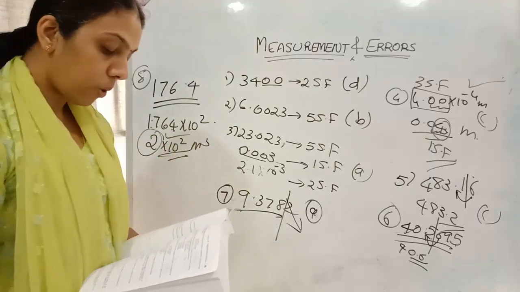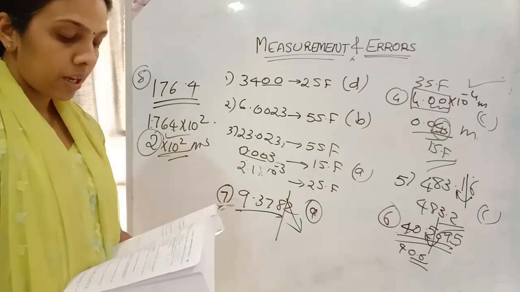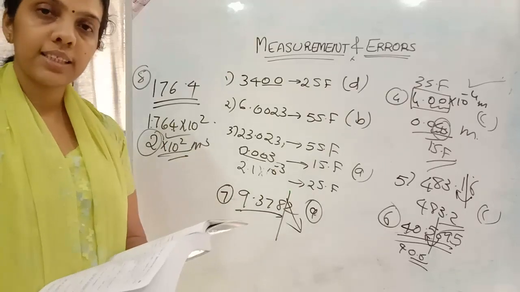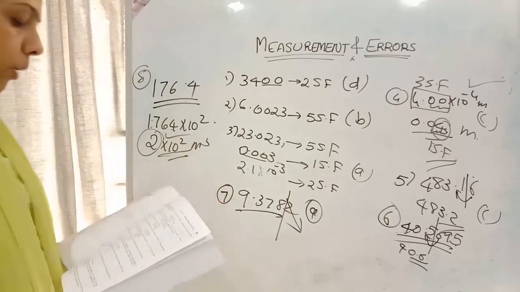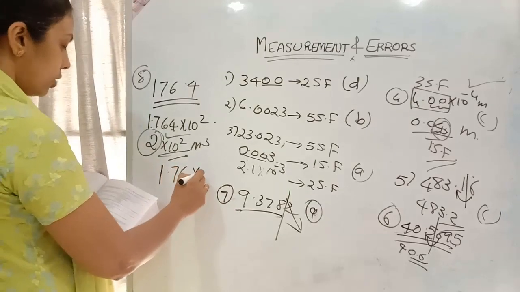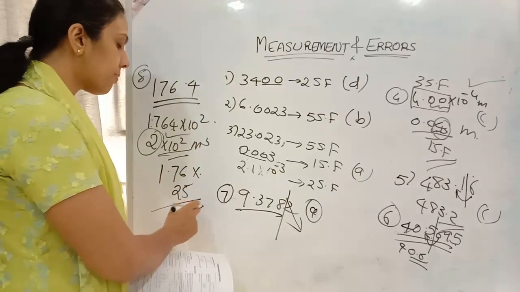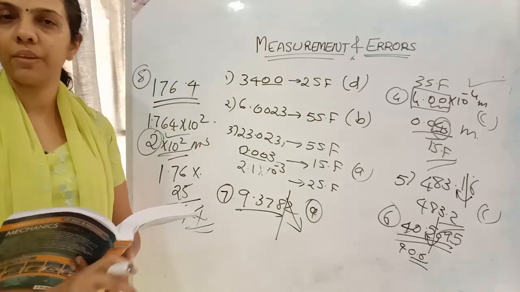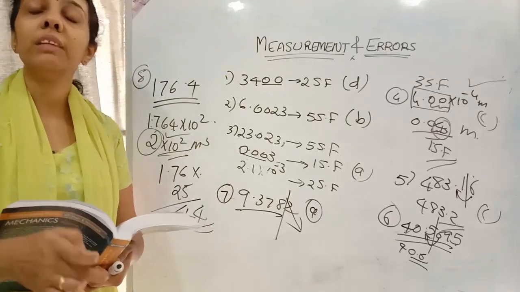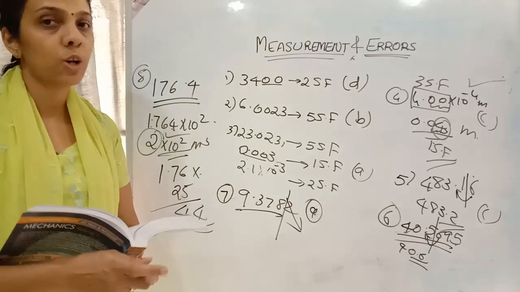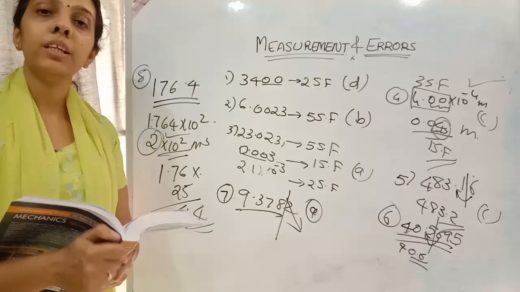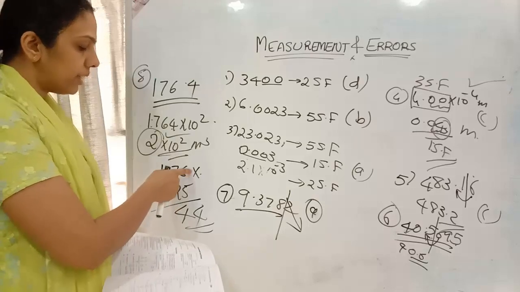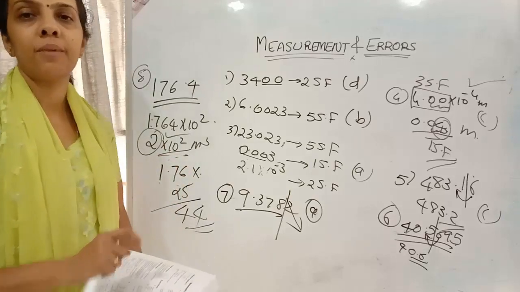Next is, mass of a ball is 1.76 kilogram. Mass of 25 such balls. So 1.76 into 25, when you do that, you will get the answer as 44. So here 25 is the number of balls. Right? So its significant figures can be considered infinite, since it's a number, it's not a measured value. Therefore, in 1.76 into 25, we should consider this 1.76. That is the important thing.